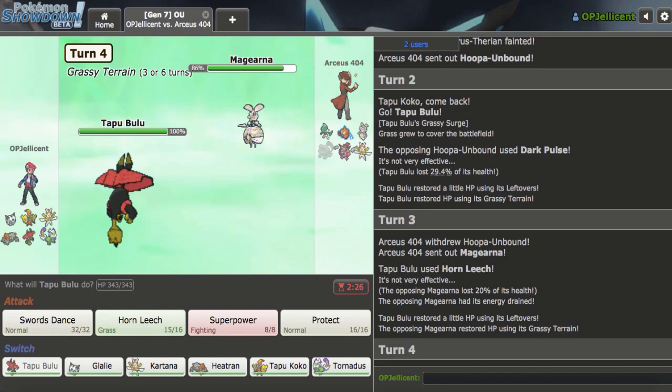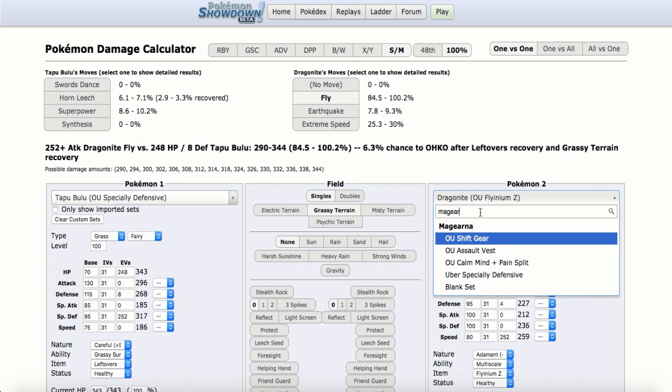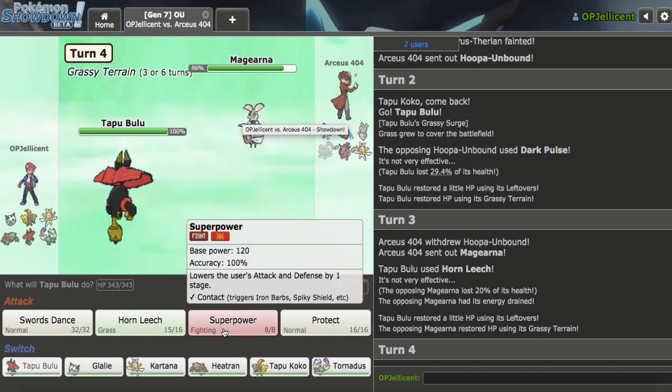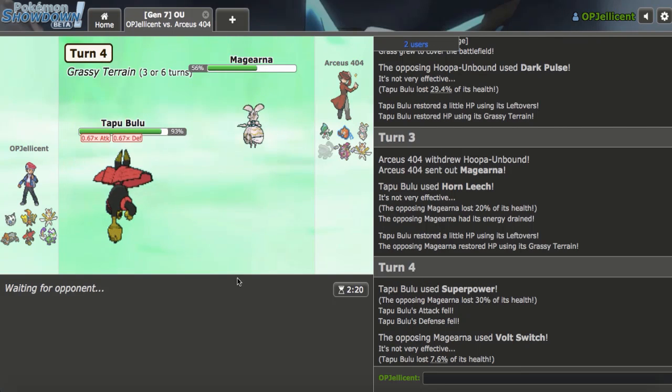I'm gonna calc 20% just to kind of gauge the damage right here. Bulu, if I'm like Spdef against Magearna. Okay, so it actually looks like they are Assault Vest, I think, yeah. So that means I can maybe get an Heatran, or I can just Superpower for the damage here. I like Superpower for the damage. I don't really value this thing too much. And yeah, Volt Switch should be their play right there, so...